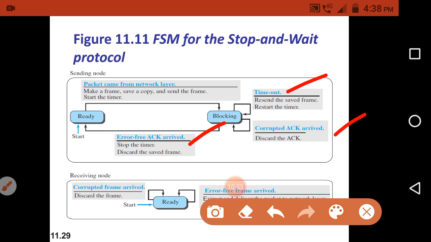If the receiving node has received a corrupted frame, then it doesn't send any acknowledgement to the sending node.